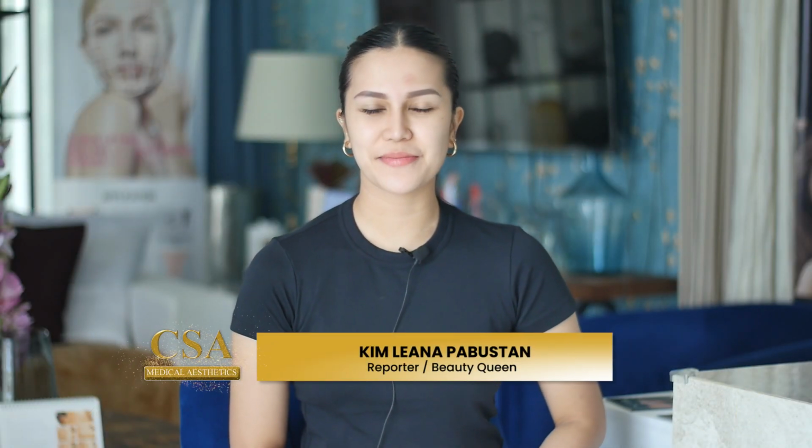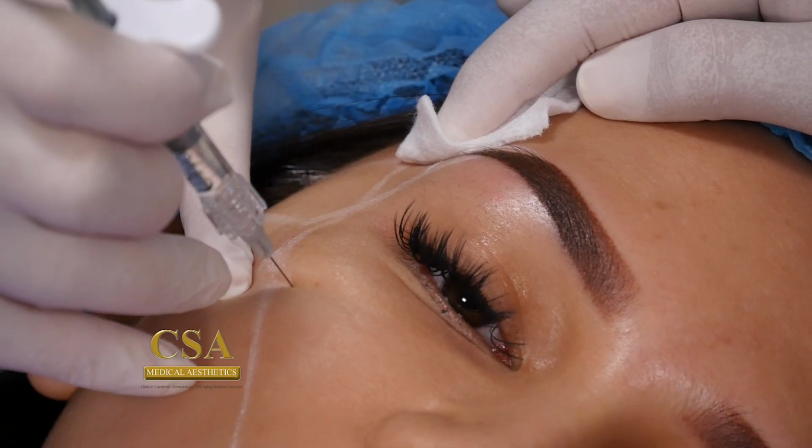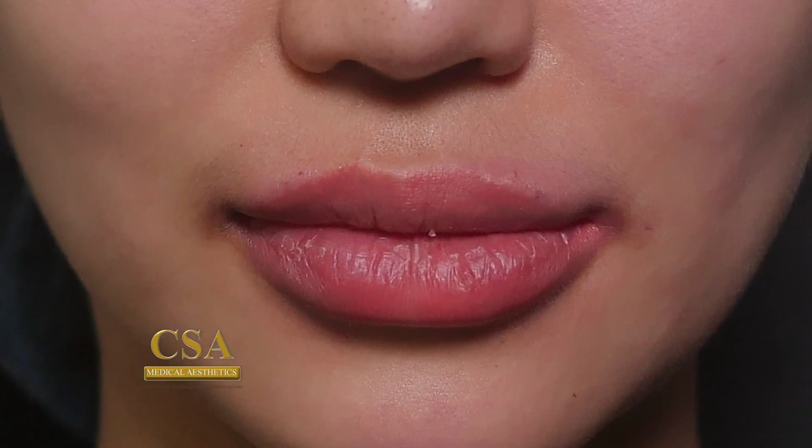It's me, Kim Liana, and I'm back at CSA Medical Aesthetics. On my last visit here, I had my temple, cheek, and chin fillers done to create a V-shaped contour. And today, Dr. Contessa will be treating a pimple mark on my forehead with Hollywood Spectra, which can help improve skin tone and texture. Napansin din ni Doc na my lips are uneven, kaya naman she will do a little